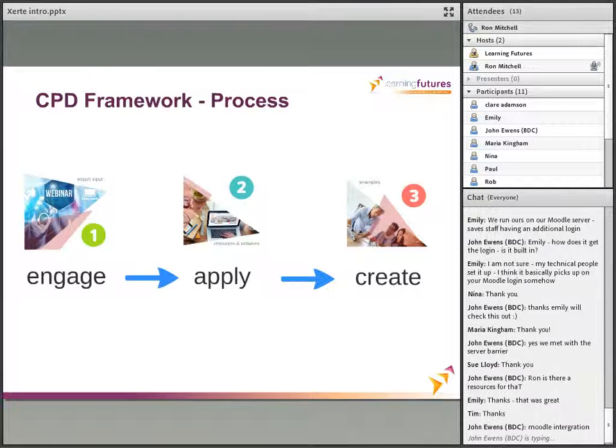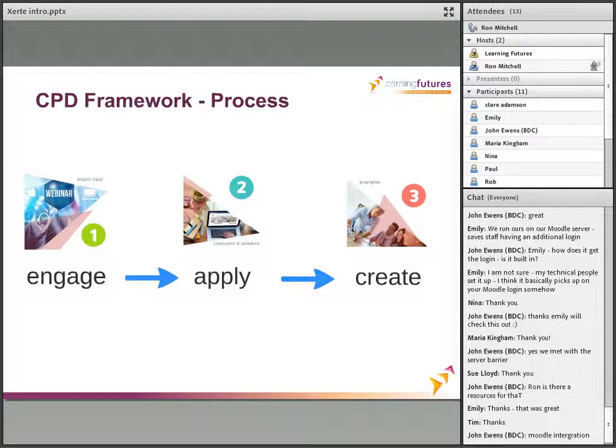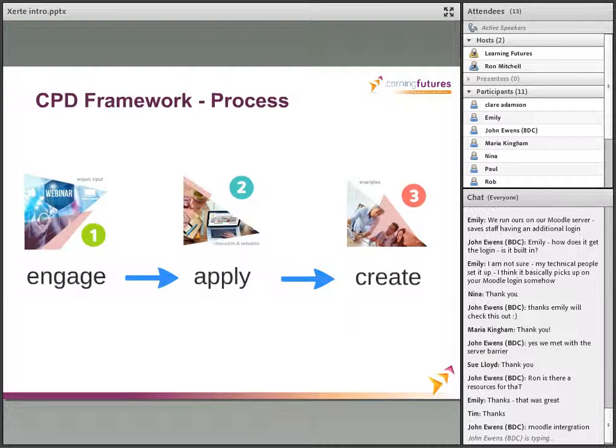The Moodle integration we're talking about here is the authentication integration, so that somebody logs into Moodle, they follow the link to Xerte, and they're automatically authenticated to Xerte, and that's how you can make it available to all your staff and all your students incredibly easily. The other option is LDAP, or Active Directory, which some organisations obviously use.